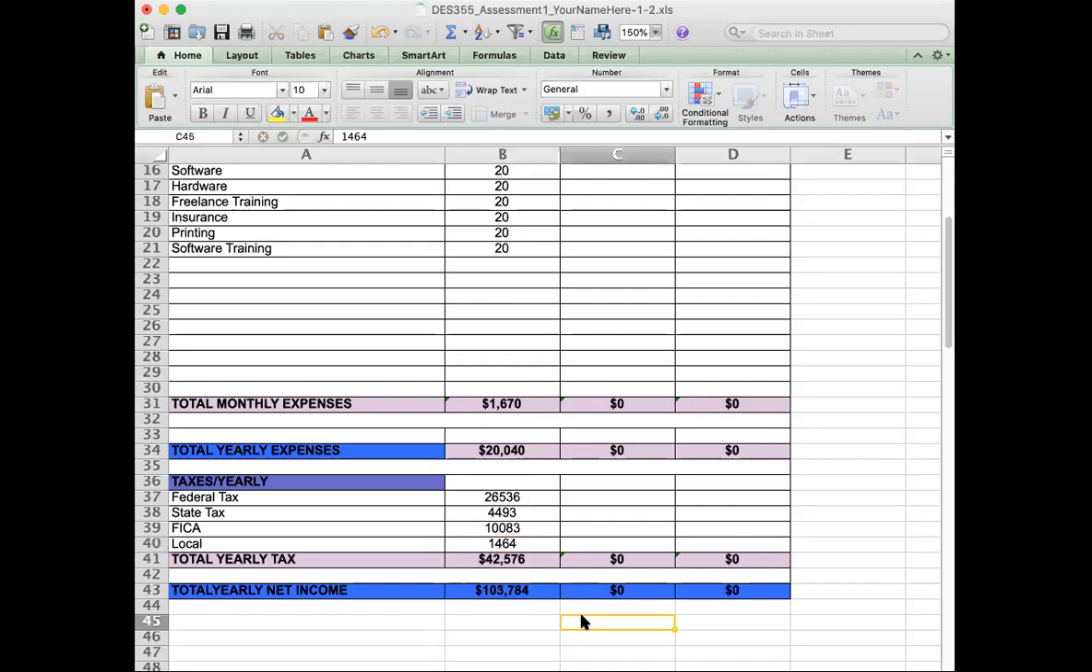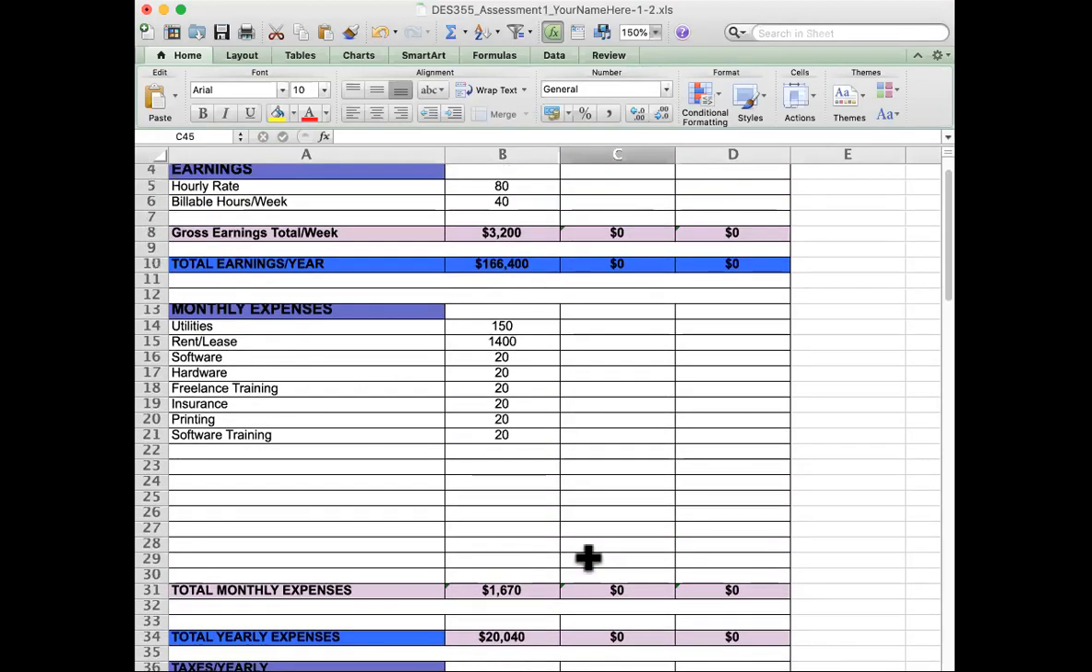And these are all totals that I put in there for that amount that was originally in blue here. Okay, so that's going to tell me now my total yearly tax will be 42,576, based on my total net income before, whenever everything was tallied up, when I didn't have taxes in there. So now my yearly net income will be $103,784